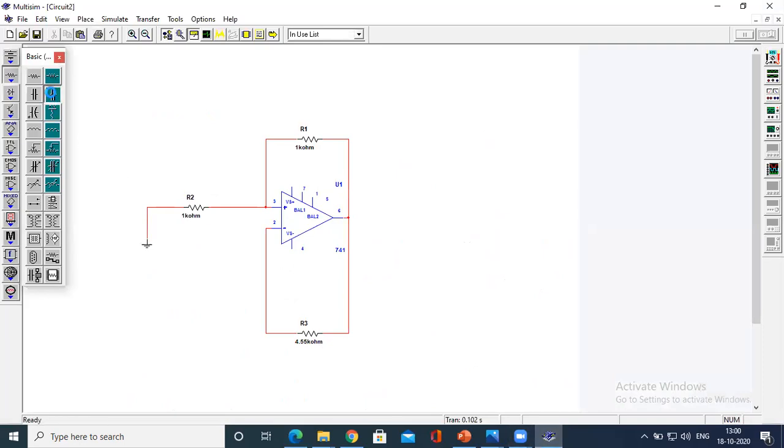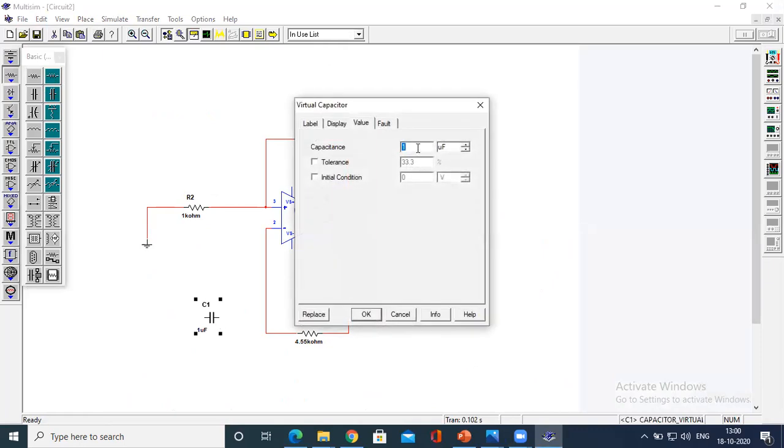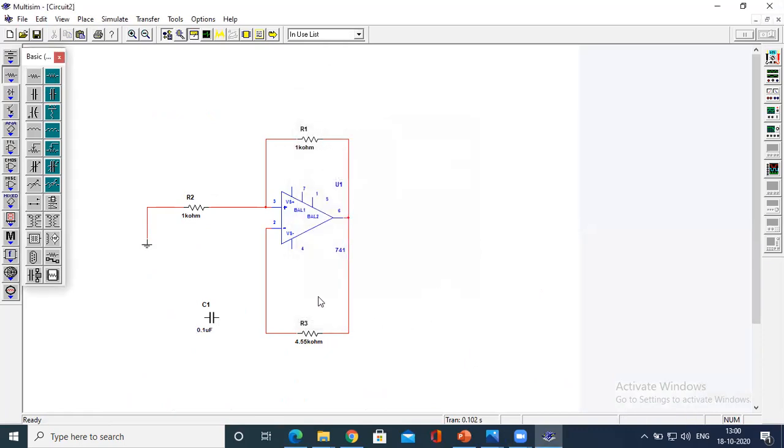So take a virtual capacitor, 0.1 microfarad. Connect it to 2. There is no polarity, positive or negative. So I'll connect directly over here.